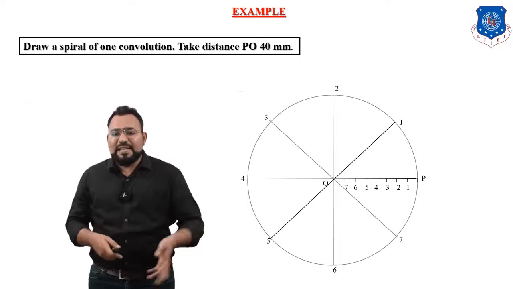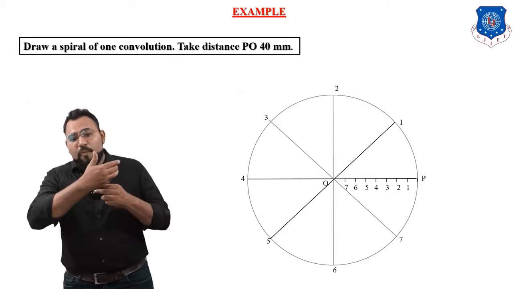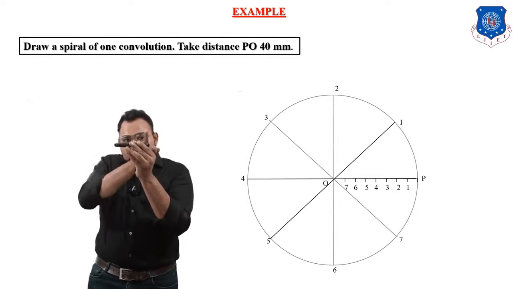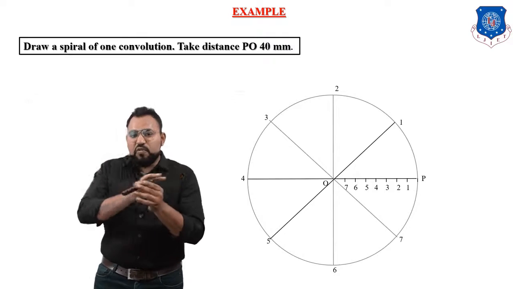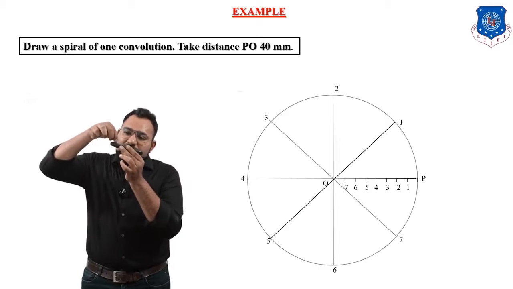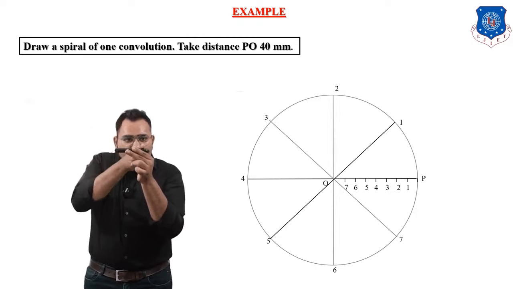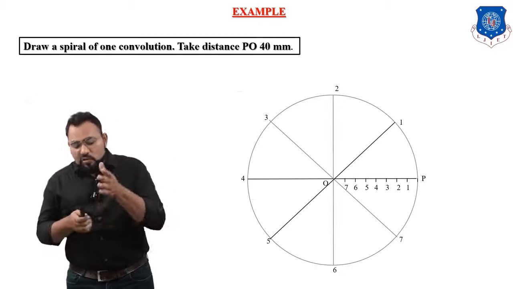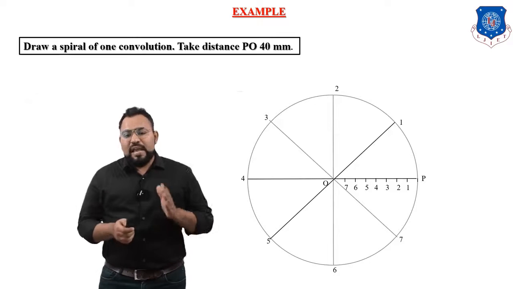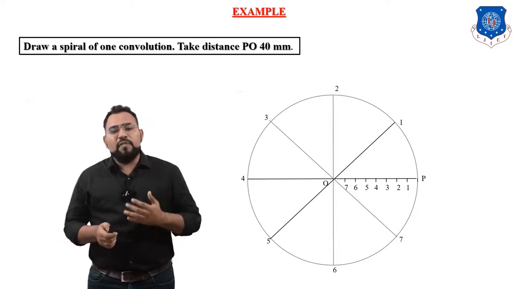If the example says that the point P is moving away from the point O, then you have to give the numbering in reverse order, because then the point P is moving like this: 1, 2, 3, 4, 5, 6. But here we have assumed this point P is over here, and as this line is revolving, point P is reaching nearer to O. So we have to give numbering like this: P, 1, 2, 3, 4, 5, 6, 7. This is how the logic works. Now we have given the numbering 1 to 8, and 8 will be the point O itself. So now we have divided the OP into 8 equal parts.